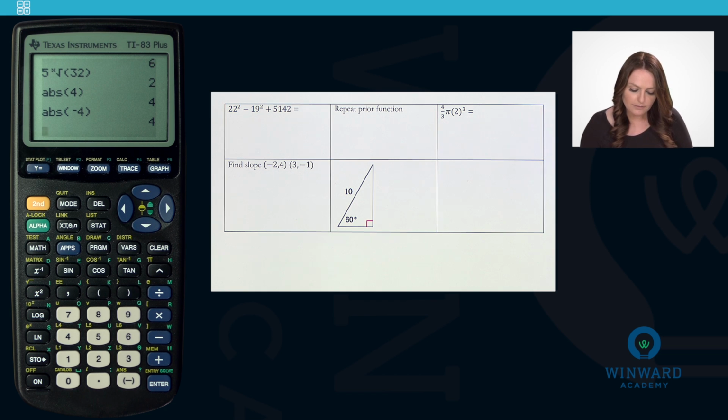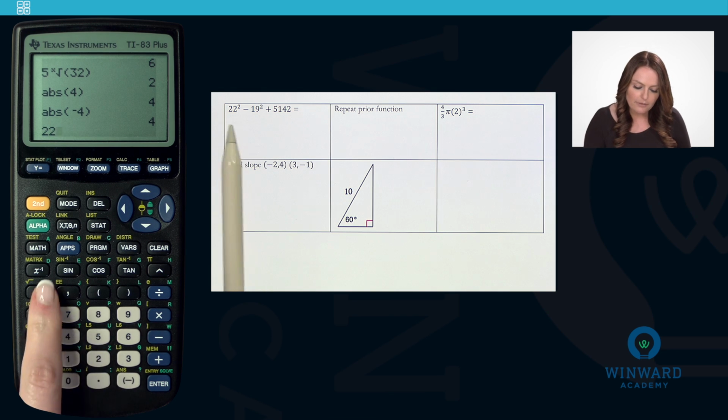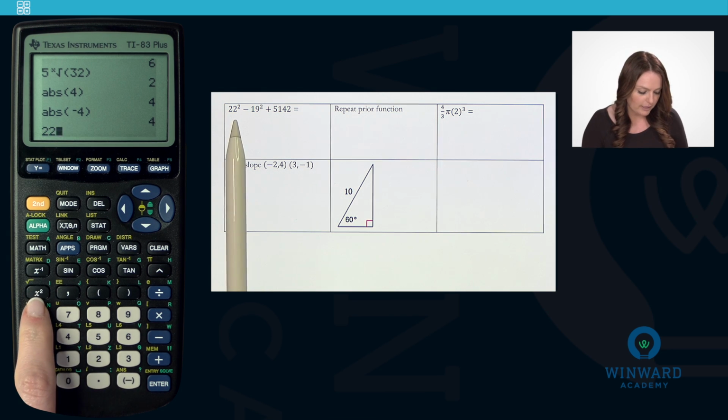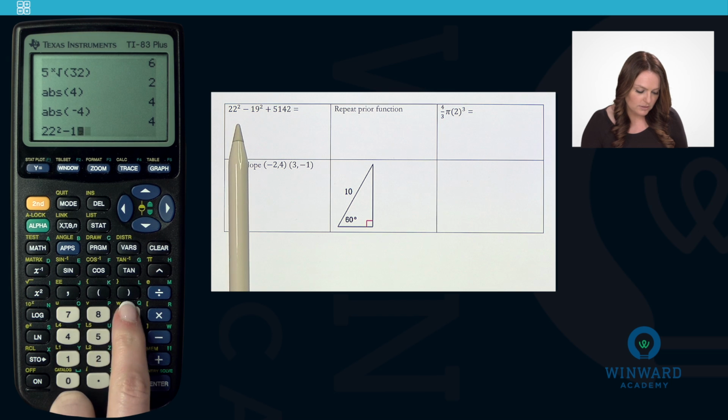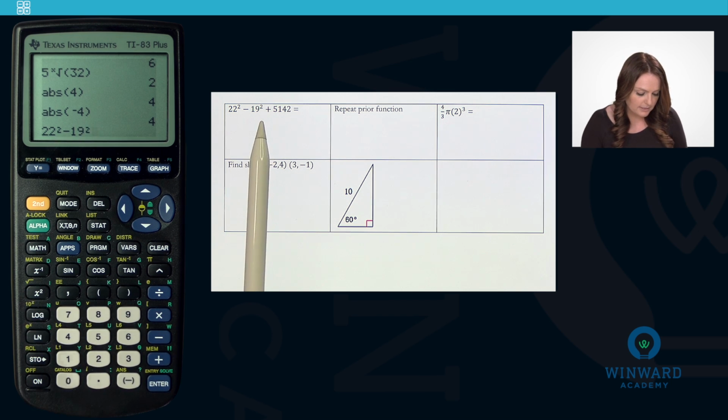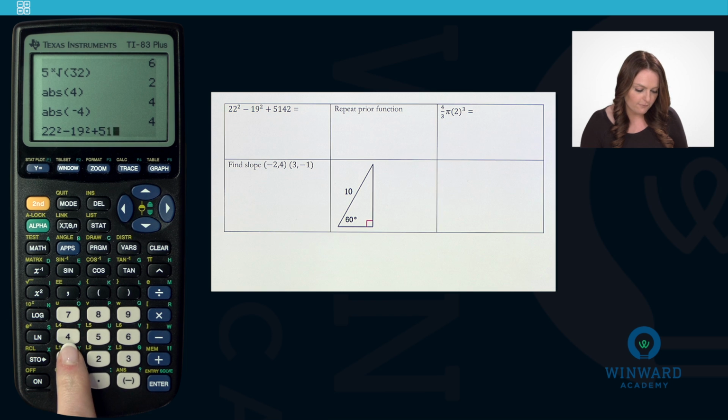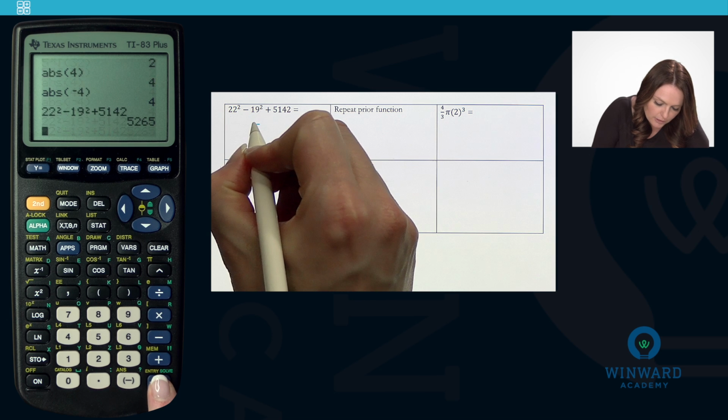Next, we're going to do something a little bit more complicated, but again, I want to show you that the calculator is smart, right? The calculator will follow order of operations as long as you type things in properly. So let's do 22 squared. Now that squared button is on the calculator, so you can just press it right there. So 22 squared minus 19 squared plus 5,142. The calculator will do that work for you, and you get that the answer is